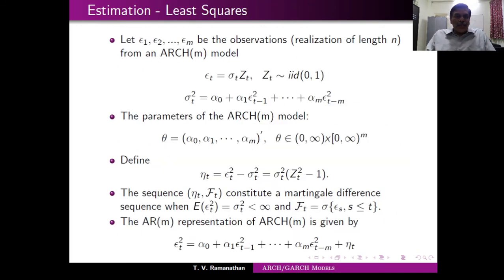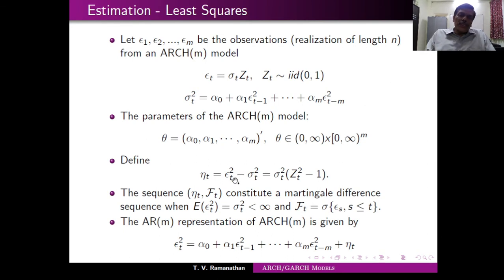Now, as I was telling you, the least square theory is not directly available, but after some manipulation it is possible to apply least square theory. You may not be able to apply it directly here because it is a multiplicative model, the expectation is zero and the variance is changing. So I cannot directly apply the least square theory here.